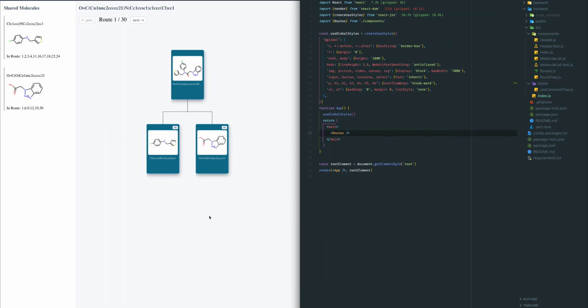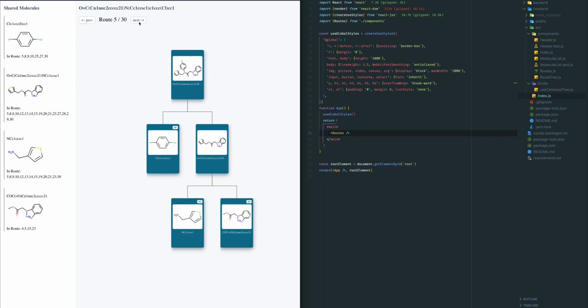Okay, let's go over the UI. Fairly simple. We have a route here, the gray area. We can click these buttons to visit more routes. We can hover this target molecule, this node, and when we do that, we display the reaction name or the